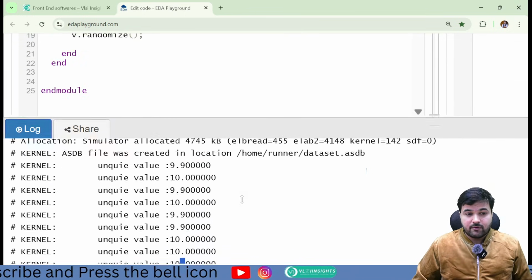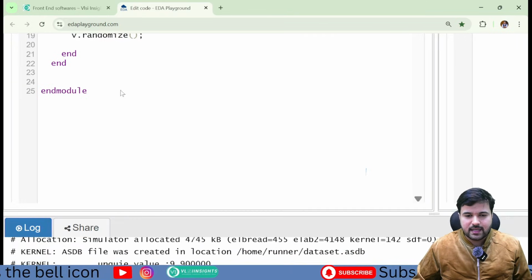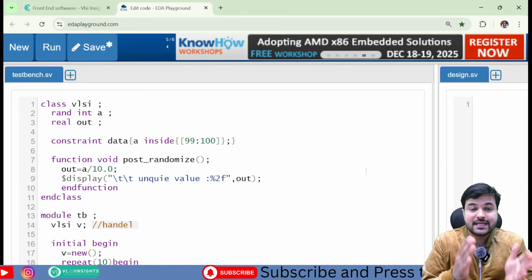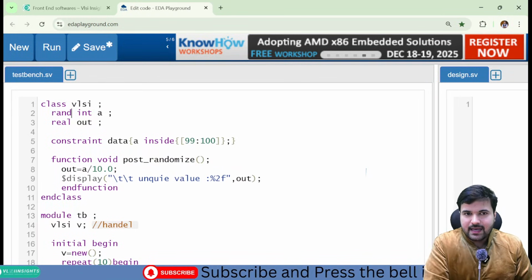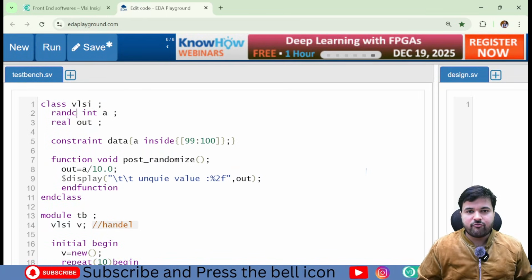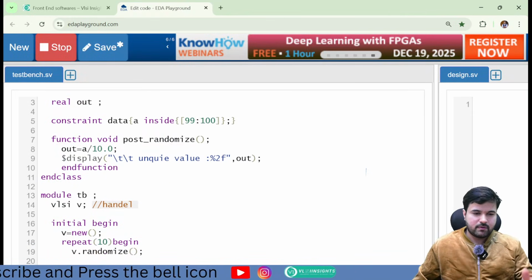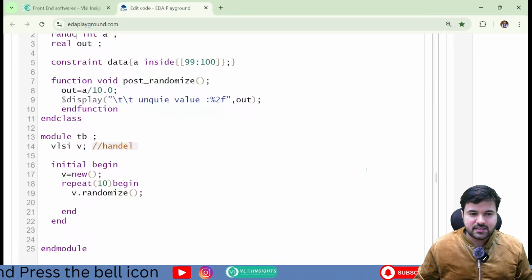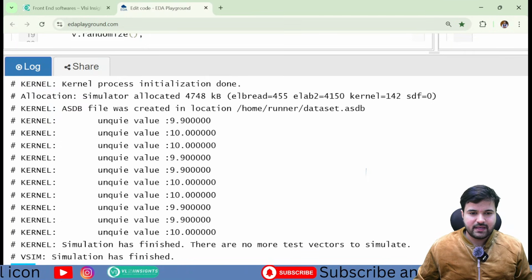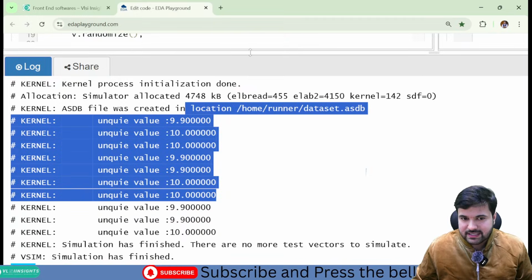Now you will be wondering that I asked for 10 different values, but it's repeating 9.9 to 10, because we are using the rand keyword here, and the property of the rand keyword is that it just randomizes without actually completing a number of events. So let us check with the randc keyword as well. Now you can see we have got 9.9, 10, 10, 10, 10, 10, 10, 10. Again we have got the same thing.